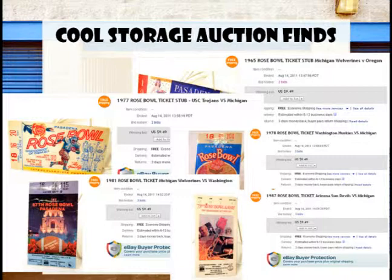I didn't even know or didn't bother to put these items up on eBay, and when I did, I was surprised to the tune of $227.84. So sometimes I call storage auctions the gift that keeps on giving,